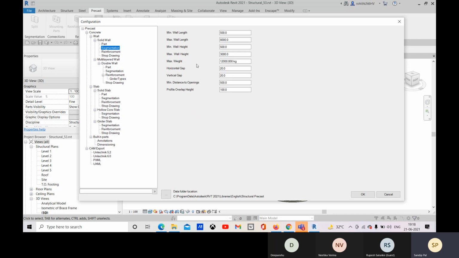You can define these values like minimum wall length and maximum wall length, and as per the wall it will divide into equal lengths, equal division. So you mention what the minimum wall length and maximum wall length will be, and then the minimum wall height and the maximum wall height. So here you can mention everything. All right, I'm not going to change anything here right now. I'm okay with all these things. Fine, so later we can change it.